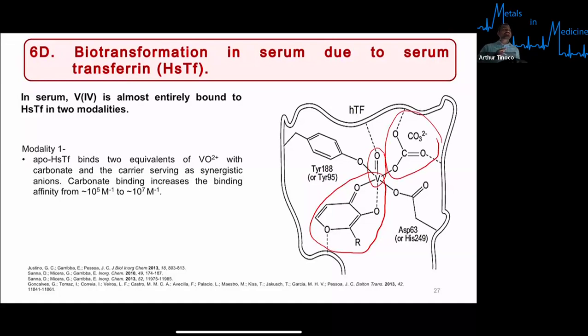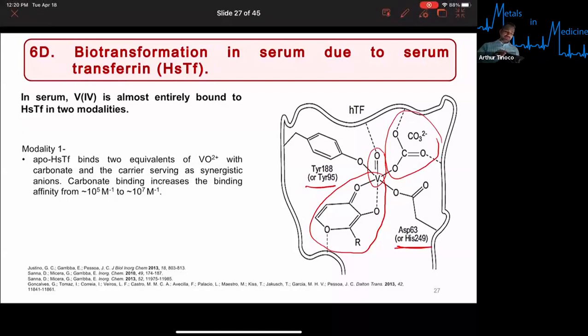So the points of contact between vanadium and the iron binding site of transferrin are either one of the two tyrosines, and either aspartate or histidine. So you have the capability of the vanadate with the maltol ligand being able to coordinate to the iron binding site. Let me clean that up so you guys can see that better. To the iron binding site. The affinity is lower than iron itself, but nonetheless, it's sufficiently high for that vanadium to potentially be transported through